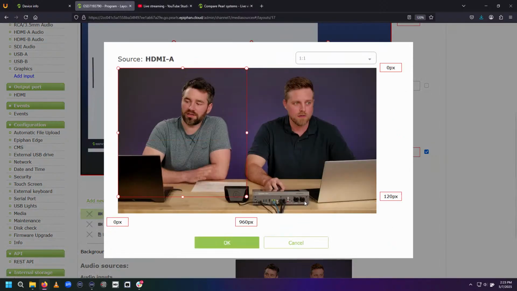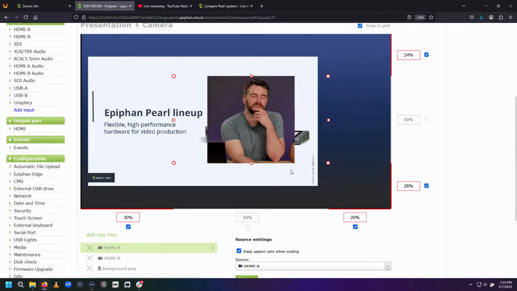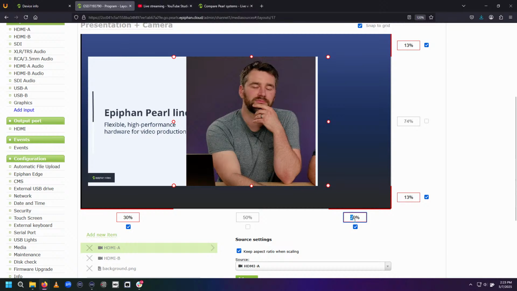Excellent. So I'll create a square of Ryan. Maybe we'll make it a little bit more of a close-up here. And the cool thing is, Dan's grabbing different crops of the same video source multiple times in different layouts. So you can recycle the same thing over and over again, which is really convenient.